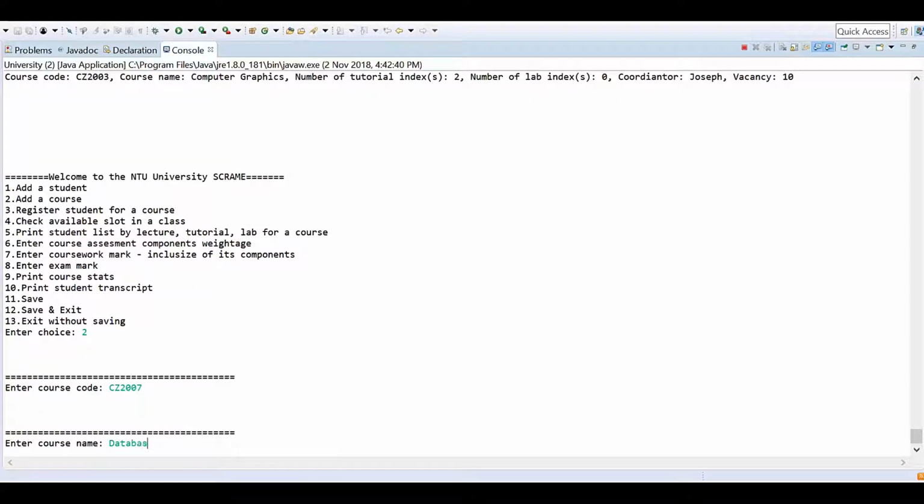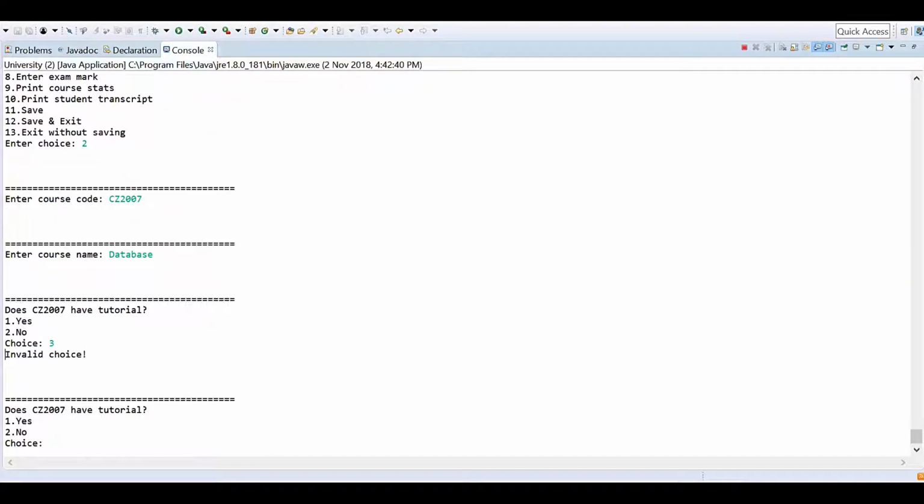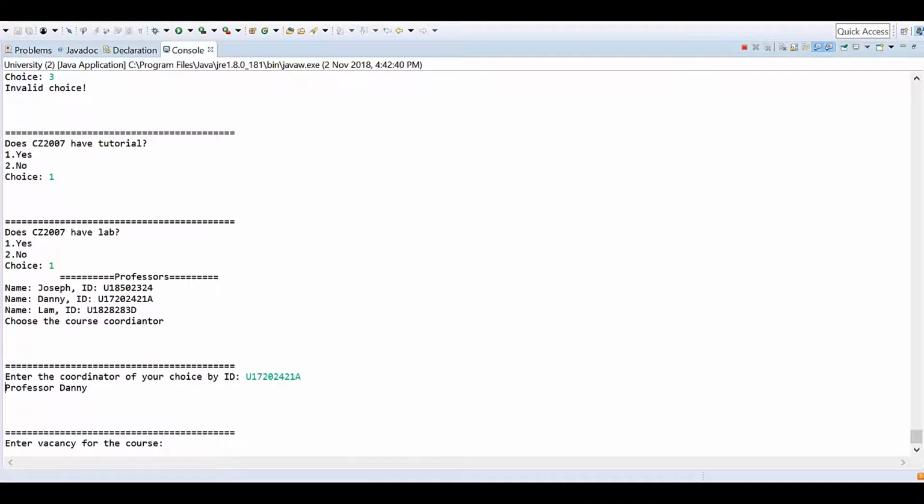database. Now I'll try to put an invalid number here, like 3, and it will say invalid choice. Now I will put this as both having tutorial and lab, as well as choosing Danny here as our coordinator,